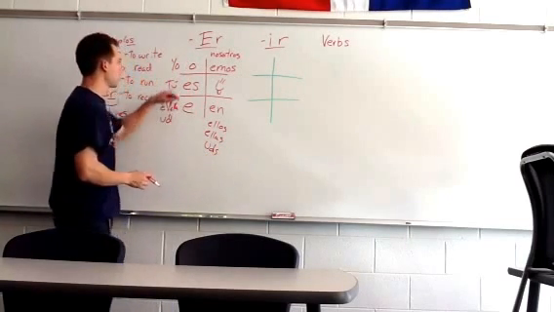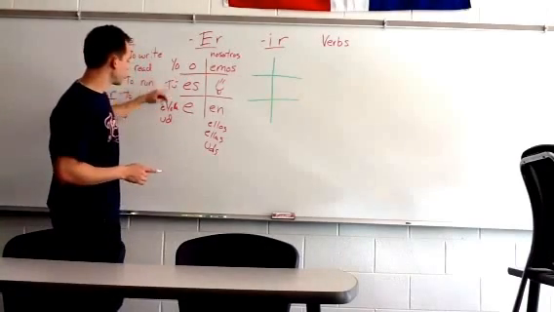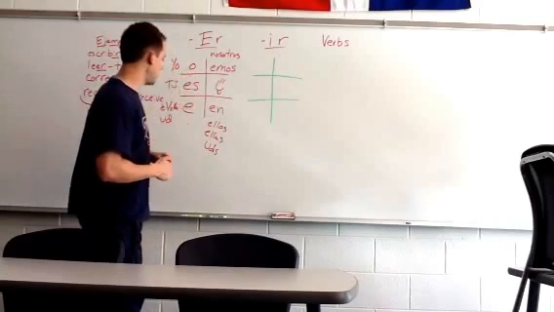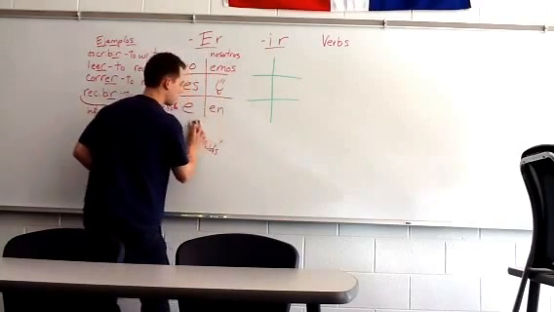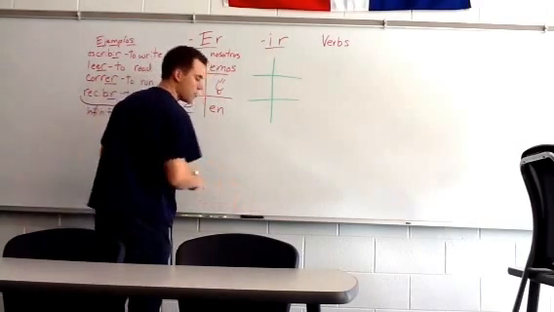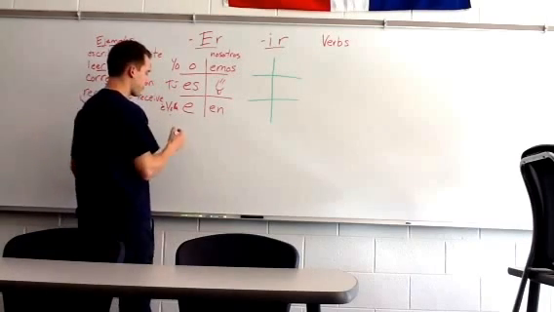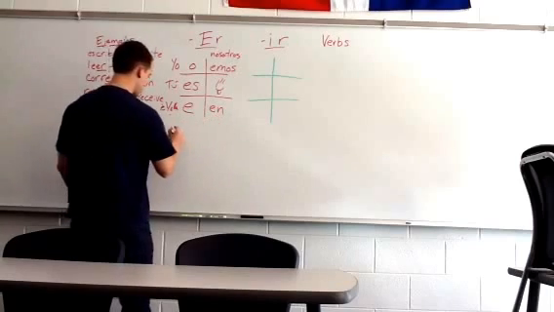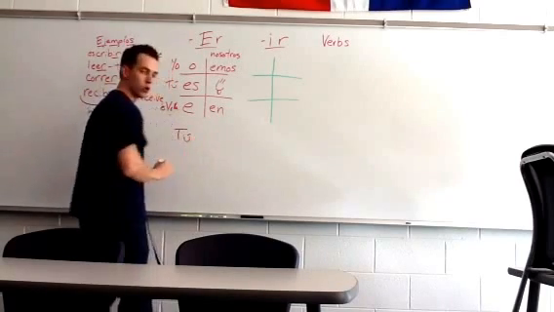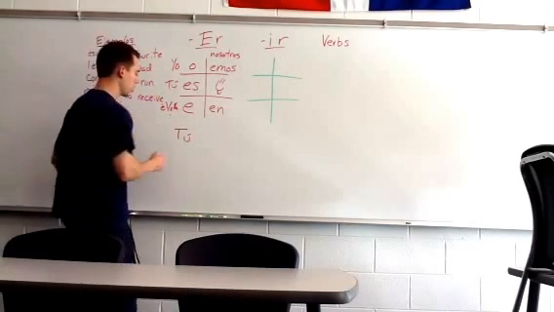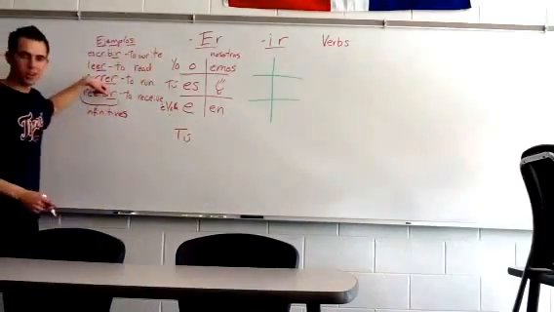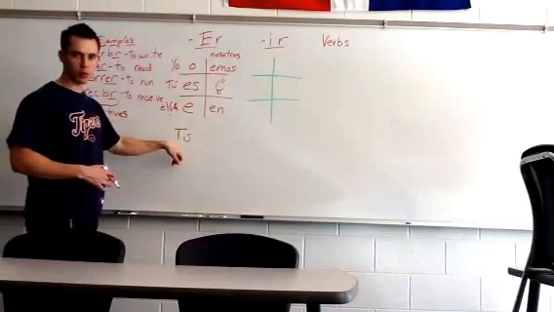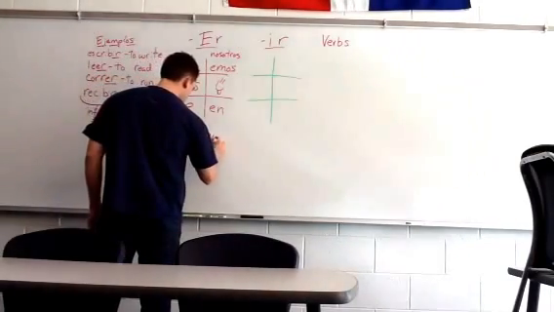Now, why do we have yo, tú, él, ella, nosotros, and ellos up here? When I want to say, for example, you run, we put the subject pronoun, tú, you. Now, instead of saying correr in the infinitive, we have to conjugate it or change it to match our subject pronoun. That would be tú